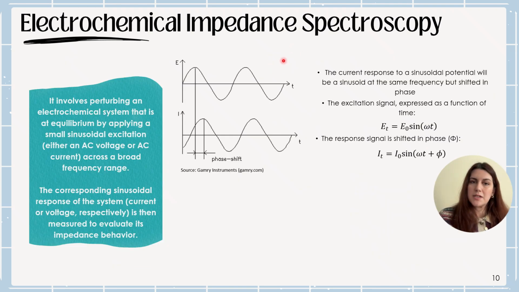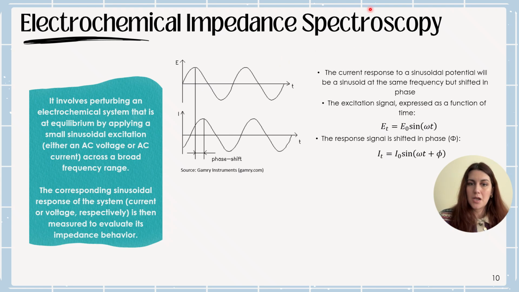Now, another electrochemical technique used to study interfacial processes is electrochemical impedance spectroscopy, commonly known as EIS. Unlike techniques such as cyclic voltammetry that apply relatively large perturbations, EIS studies a system that is close to equilibrium by applying a very small sinusoidal excitation signal. This excitation can be either an AC voltage or an AC current, and it is applied across a broad range of frequencies. The purpose of this small perturbation is to observe how the electrochemical system responds without significantly disturbing its